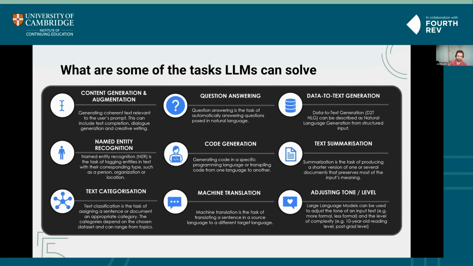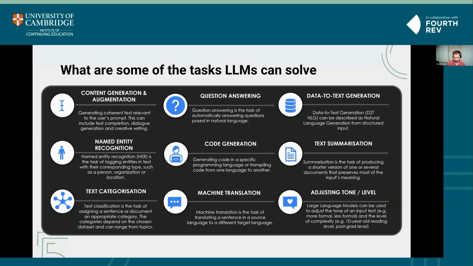Another thing is named entity recognition. So this is useful amongst a range of industries, but basically pulling out different entities within text. So you might want to, for example, find all the brands mentioned in a social media post, or you might want to find all the people mentioned within an article. So entities can represent a range of things, but some common ones might be a person, an organization, a location, etc.